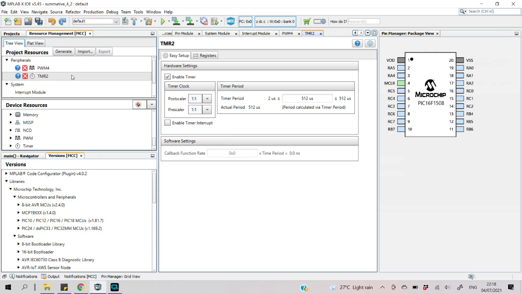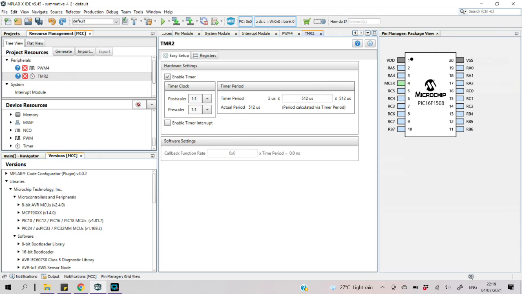So first we will set our Timer 2. We will enable our timer and, as we can see, the timer period is around 512, runs up to